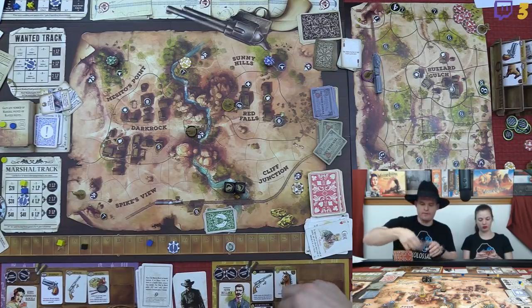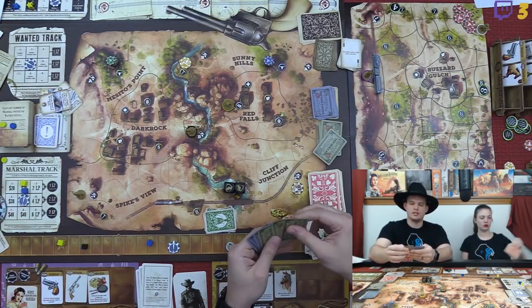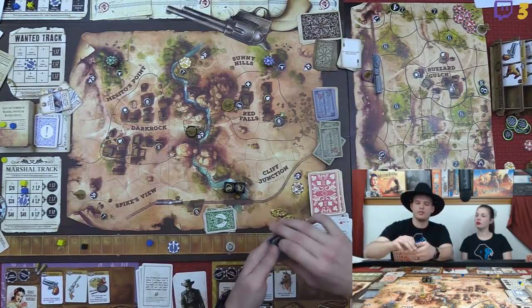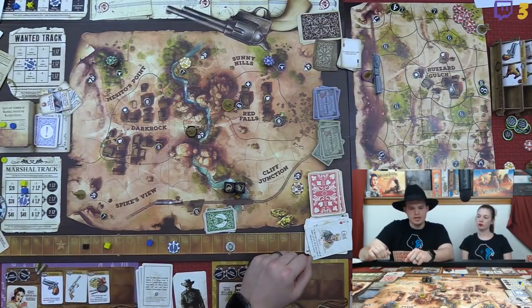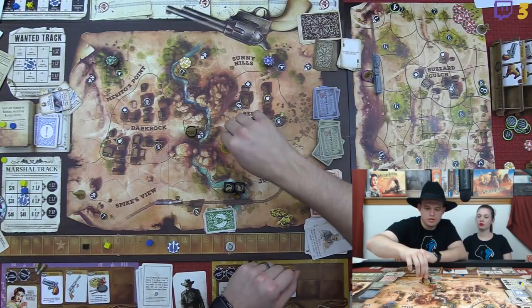So here's my first action, $120. 2, 4, 6, 8. Oh, no, wait. 1, 2, 4, 6, 8, 10. Okay, I need to take a 20. That's what I need to do. There we go. Maxing it out. So 4 legendary points for me, please. And now my second action, I'm going to go 1...